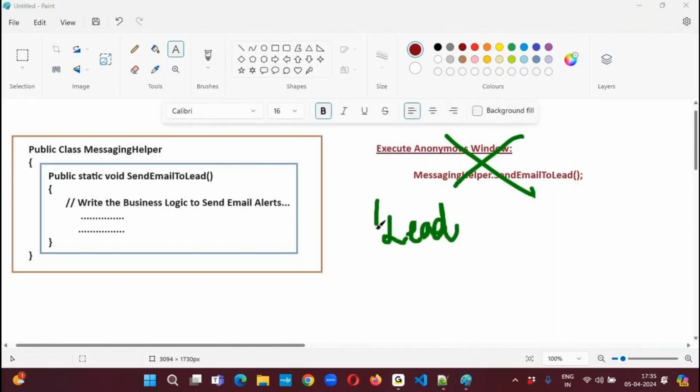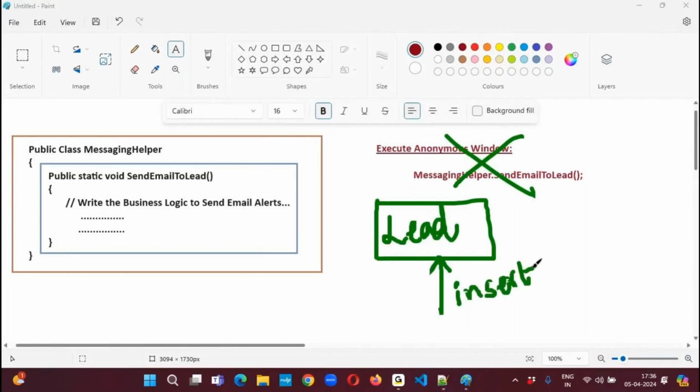I have my lead object. Inside this lead object, whenever I'm inserting a new lead record, immediately I want to invoke this business logic. When I want to execute this business logic, upon inserting the lead record, once a lead record has been inserted here, then I want to execute this business logic, which will send the email notification to that